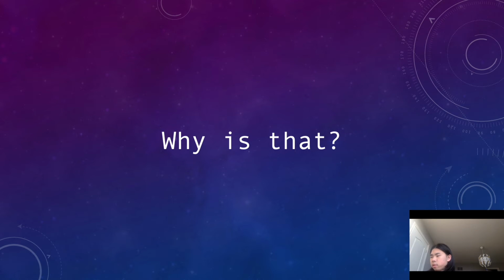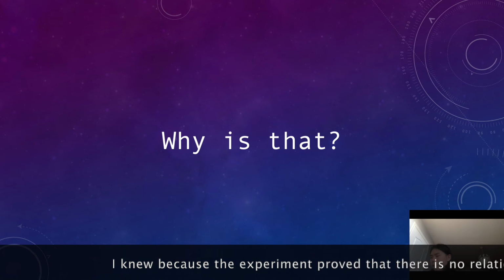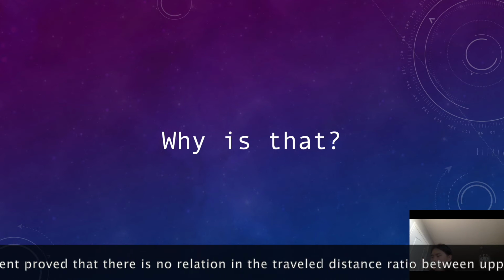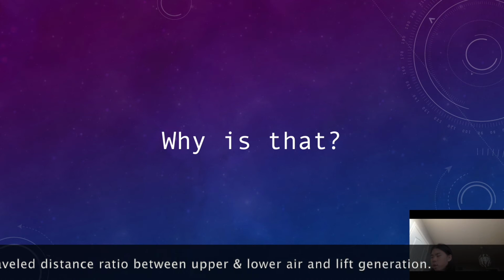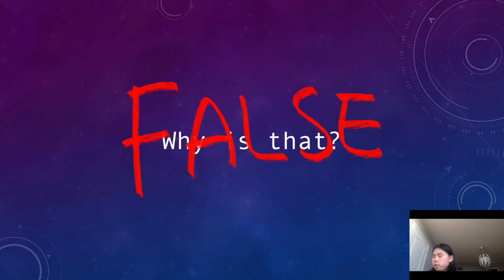And why is that? Well, in fact, I always knew that the explanation of the air pressure difference had some holes in it. After carefully reviewing this theory, I came to the conclusion that this theory is false. Although I'm not saying that Bernoulli's principle is wrong, Bernoulli's principle is absolutely correct. Where it went wrong is that assumption we made, where we assumed that the air strands arrive at the end of the wings at the same time. There is no proof that this is always true, so this debunks the theory.